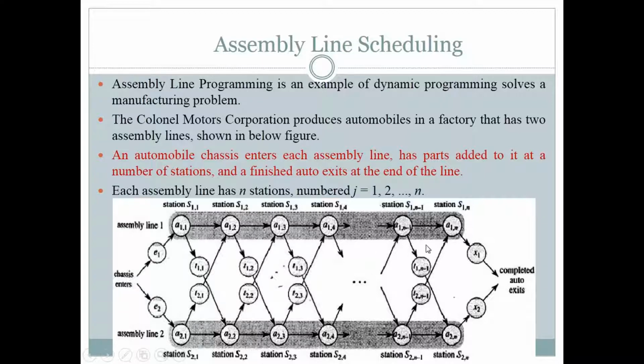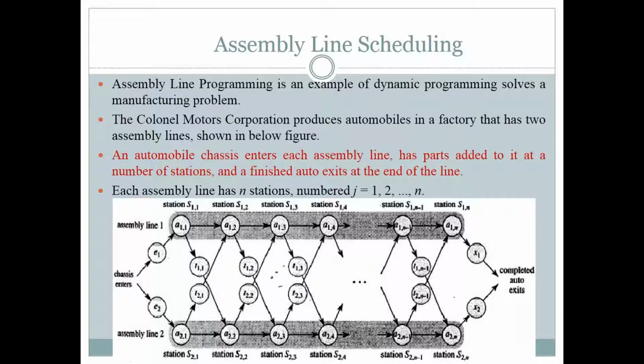You can follow this path and complete your automobile, or you can follow the lower path, assembly line 2, and complete your automobile. And one thing is, you can use various stations of both assembly lines.